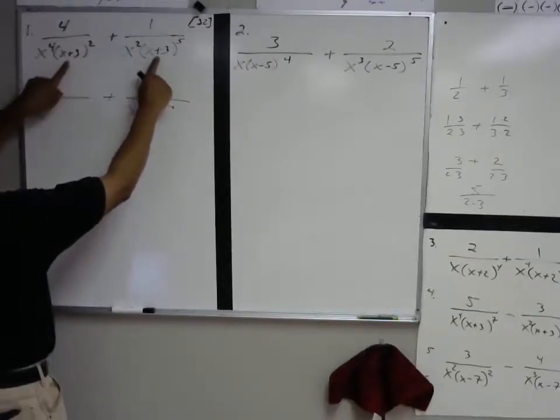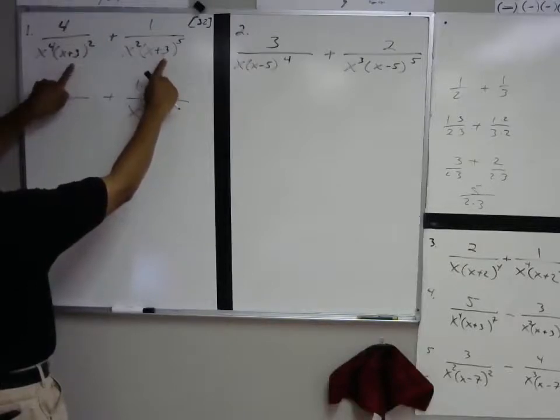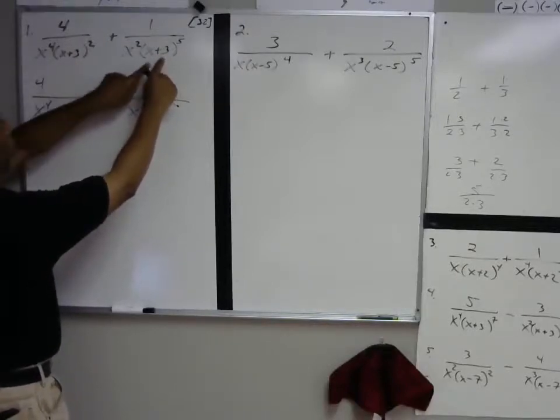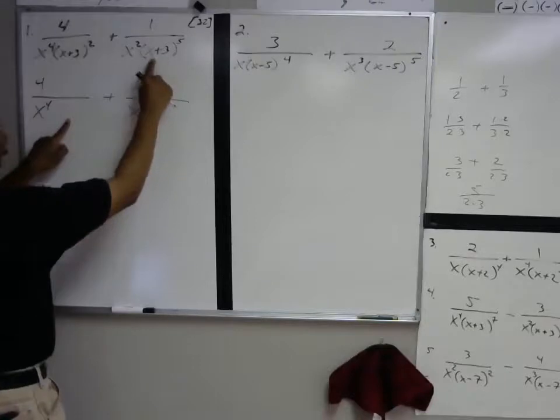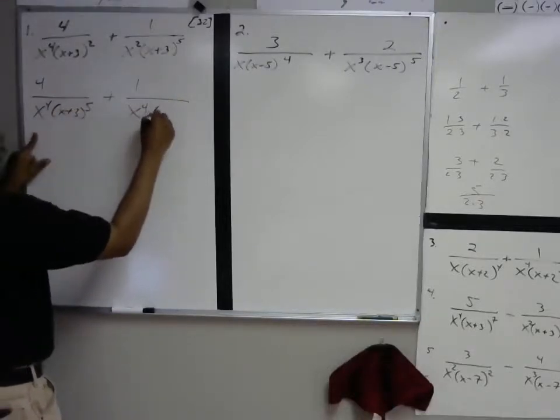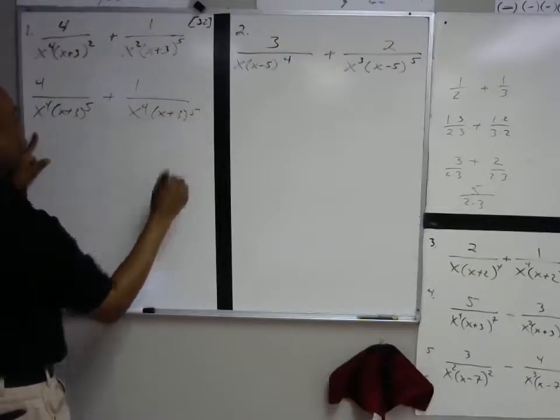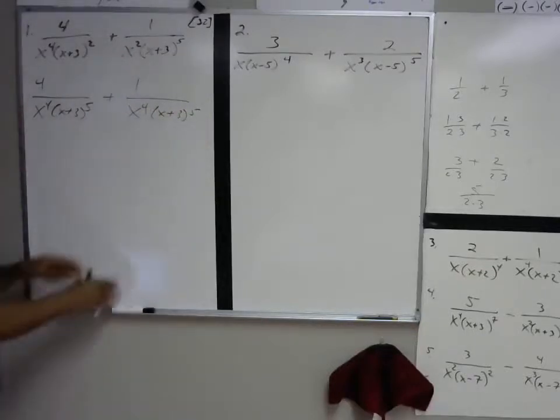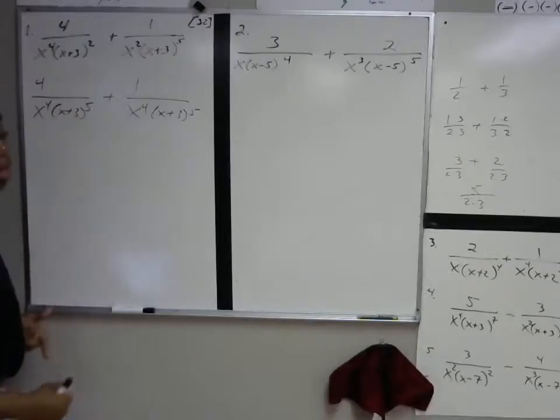We have an x plus 3 here and x plus 3 here. There's 2 of them there, there's 5 of them there. We're going to put the higher of the 2 in both cases here and here. So x plus 3 to the 5th here, x plus 3 to the 5th, and then x plus 3 to the 5th. All right. Now that the denominators are matching, we're going to go ahead and find out what we need to